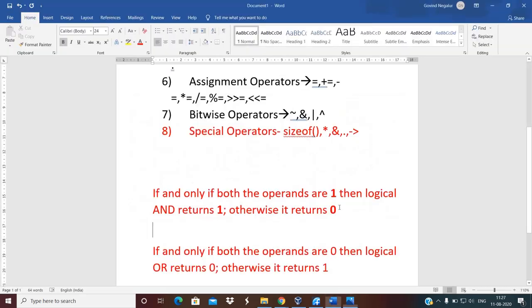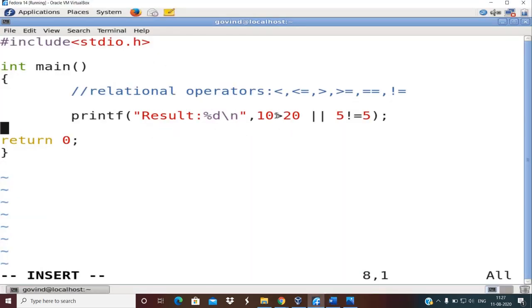So what should be the output of this program? You might have guessed it, it should return 0 as the answer. Why? Because 10 greater than 20 is false, so the LHS gets replaced with 0, and 5 not equal to 5 is false, so the RHS gets replaced with 0. 0 OR 0 is 0 itself.